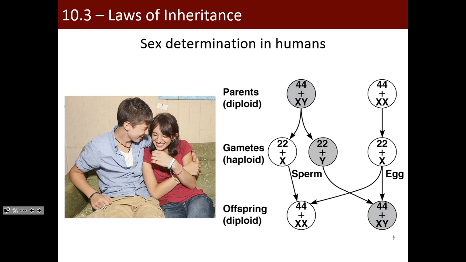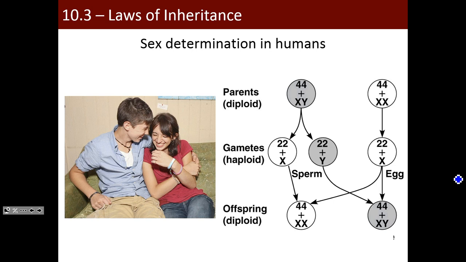In humans, sex determination initiates in the chromosomes, and so it's in the chromosomes that we determine ultimately what internal physiology is going to form, and that internal physiology dictates hormones and ultimately external physiology or external